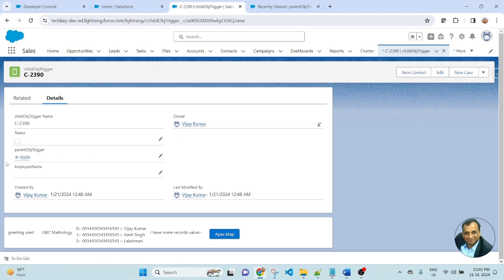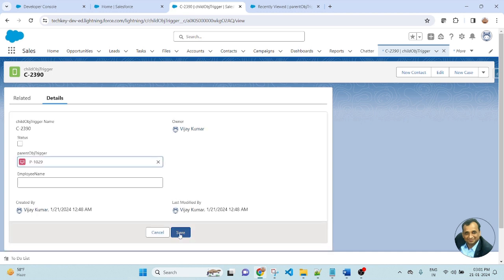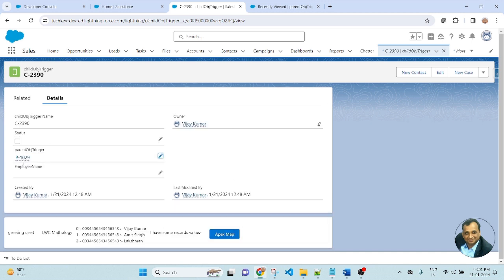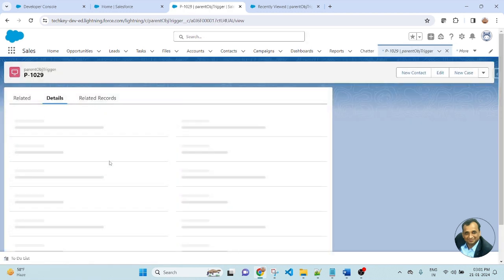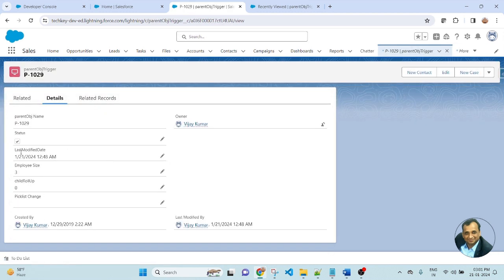So this record is associated with this parent object, and this is a last modified date. Whenever I am updating this record, the associated parent object's last modified date will be automatically updated from the child.